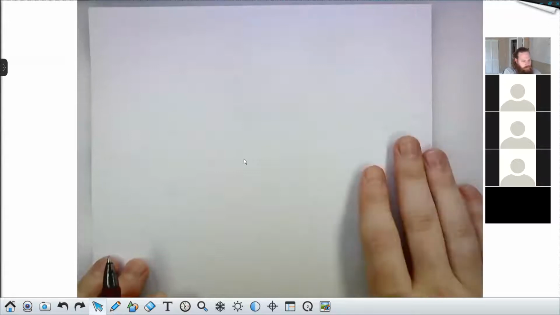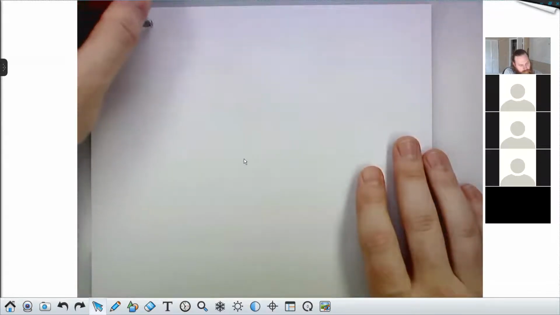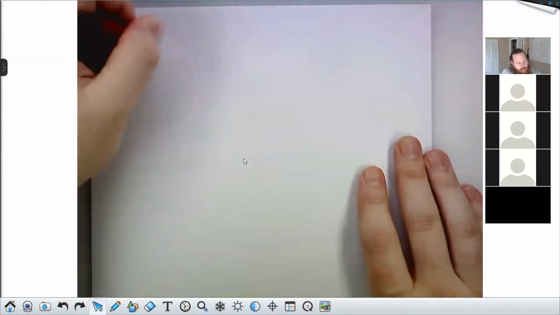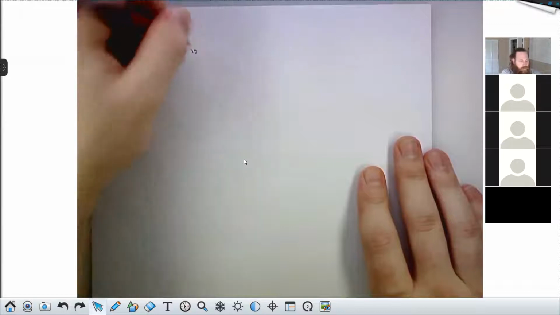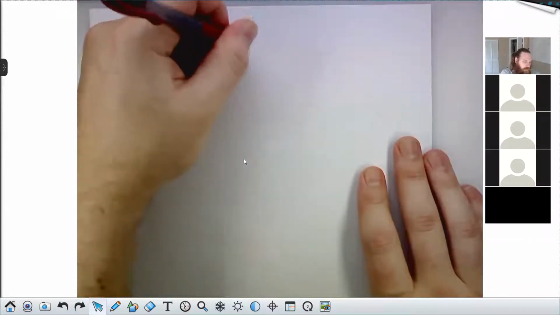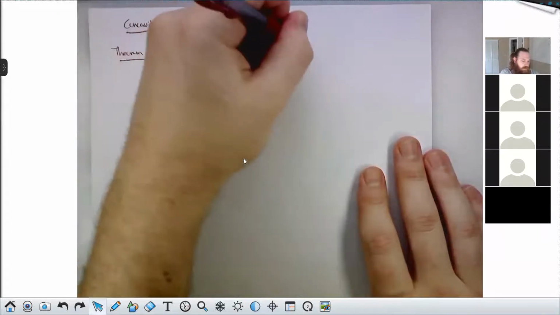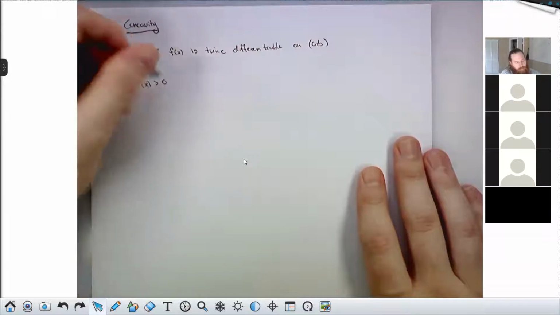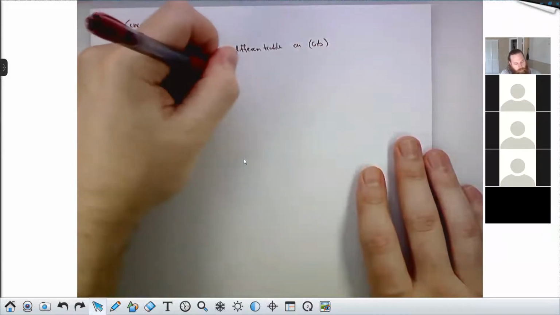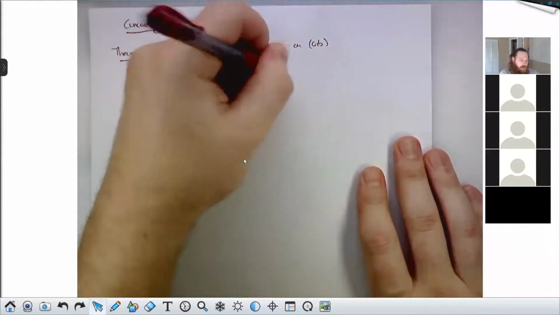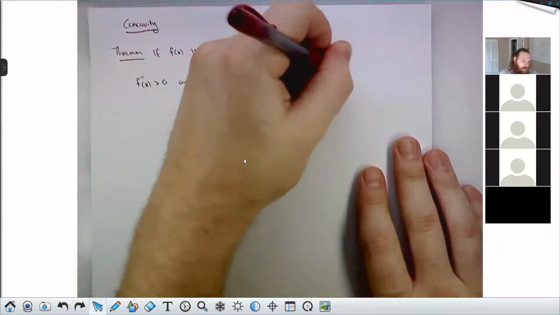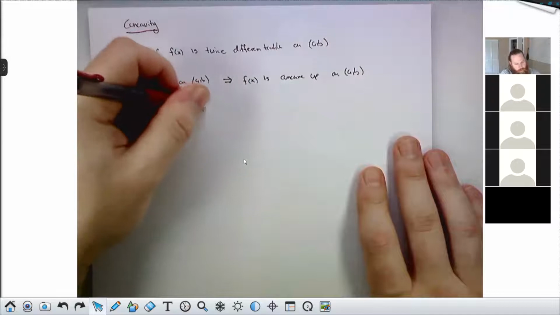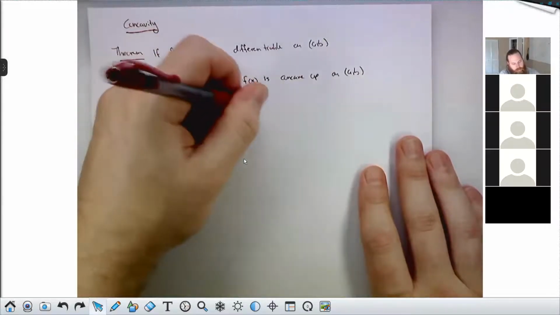So in addition to increasing and decreasing, there are these notions of concave up and concave down. First, the theorem. If f is twice differentiable on the open interval a to b, then f double primed being positive on (a, b) means f of x is concave up on the interval a to b. And if f double primed of x is negative on (a, b), that means f of x is concave down